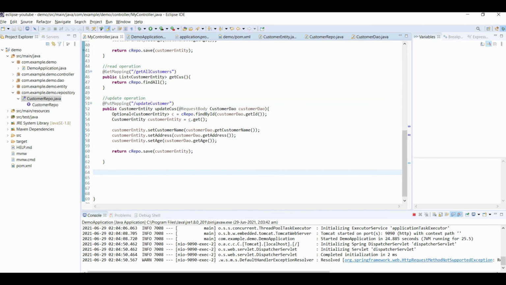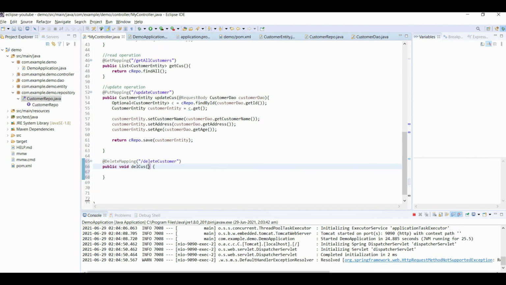We'll try to delete that one data. For that we'll write delete mapping and delete one customer. The first thing we can do is delete all data, and another thing we can do is delete individual data. We'll try to delete individual data and we'll receive the ID through this request.